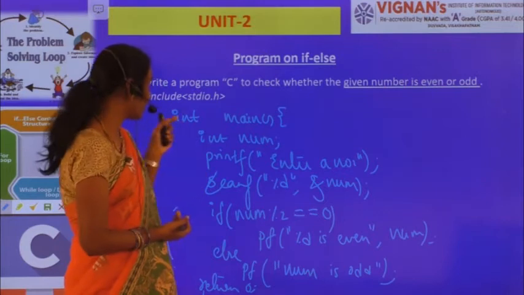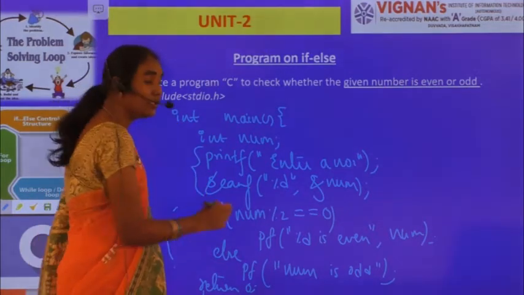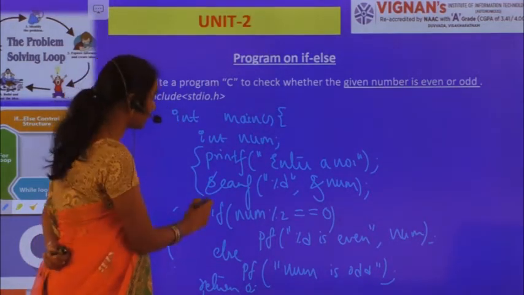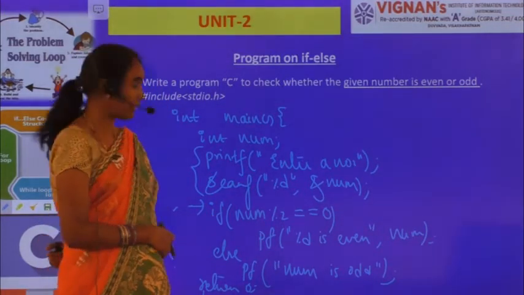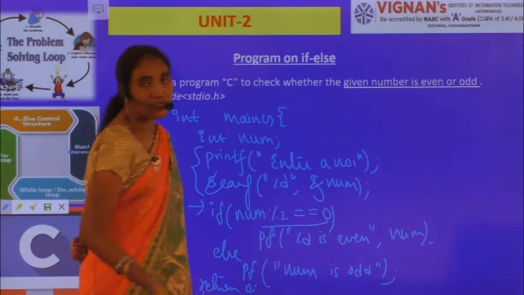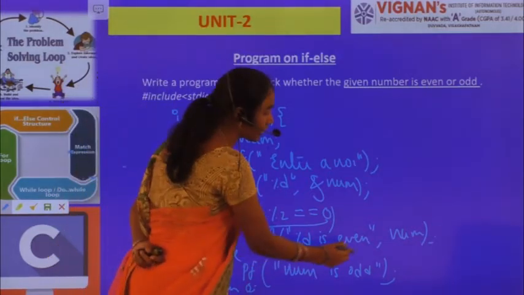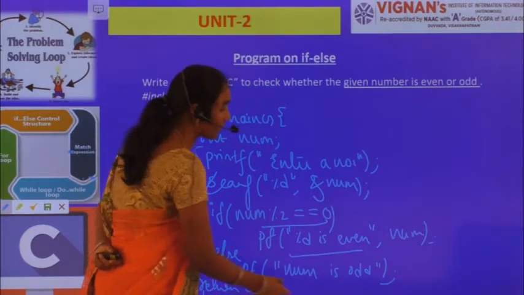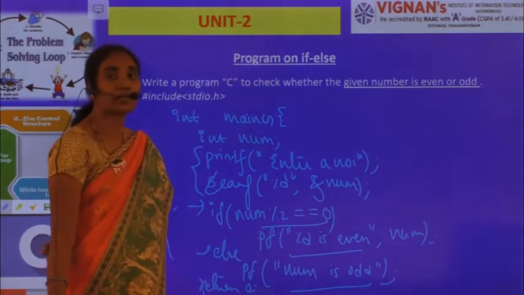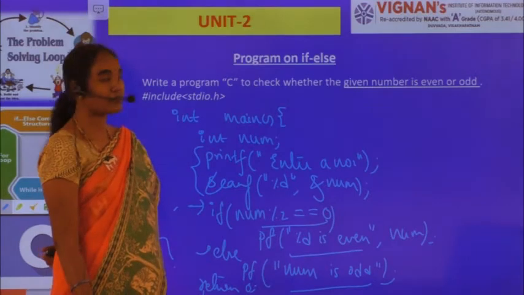This is how I have to write the program for checking whether the given number is even or odd. Initially I am reading the number, and after that I am checking the condition if number percentile 2 is equal to 0. If this condition evaluates to true, I can say that the given number is even, so I am simply displaying the message. Else, I am simply displaying a message, the given number is odd. This is a sample program.